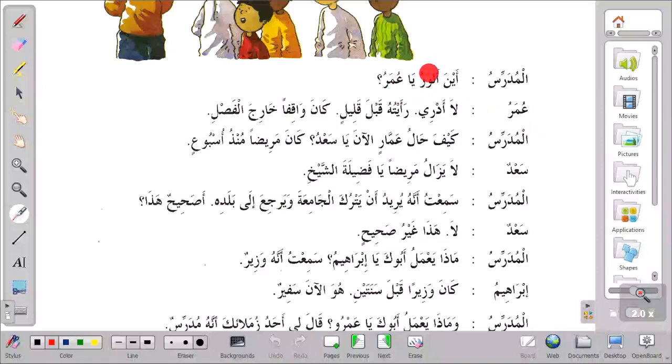But there's a pattern of af'alu, you can remember, and then fu'alu. Mamnu min as-sarf. So Umar answered by saying La adri, I don't know. The verb is dara yadri. Dara means to have a clue. Yadri, he is having a clue. Having a clue of something means you know something about it.